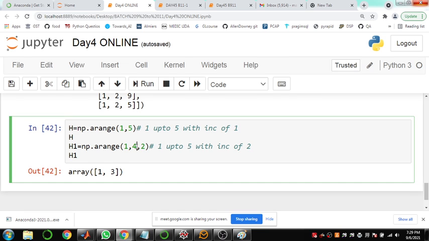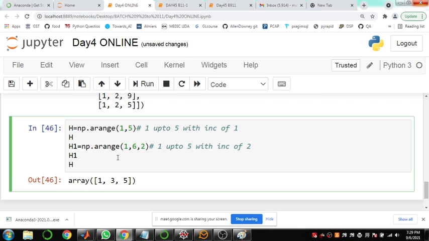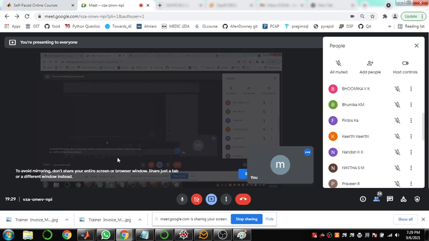But if I write 3 here, what can I expect? I only get 1 as the outcome. Even if you write 2, you will get 1 as the outcome. Okay, so please remember that. It is always 1 less than that limit. So in order to get 1, 3 and 5, you should write 6 here. Then it will give 1, 3 and 5. Okay, h2 equal to,